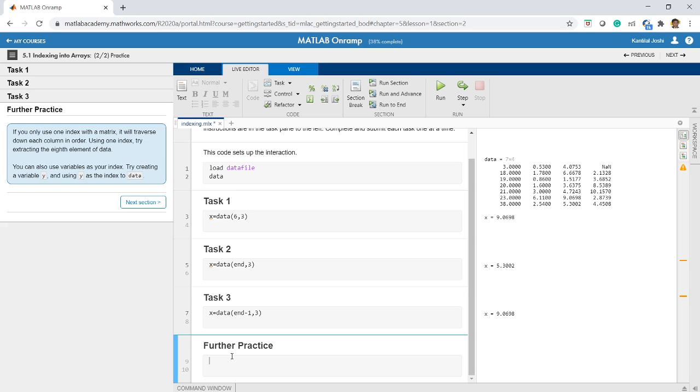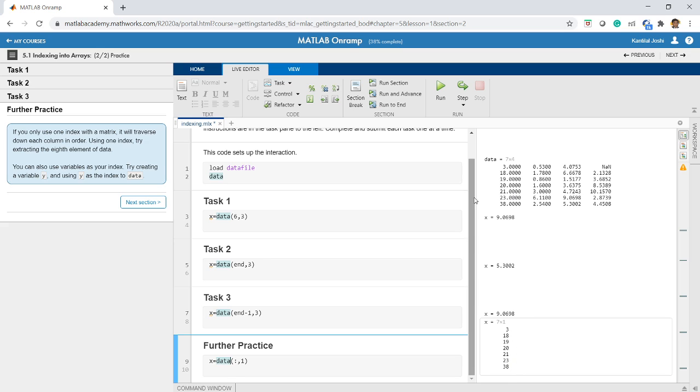So let us say I want to extract the first column of this matrix and save it in variable x. So I will write x is equal to, I want all the rows, so I will use colon, and the first column, so I will use 1. All the rows, so in row operator I have used colon, and comma 1. But from where I am extracting? I am extracting from data, so I need to write data also, otherwise it will return an error. Right, let us run this section and check. Yes, you got the first column, right?